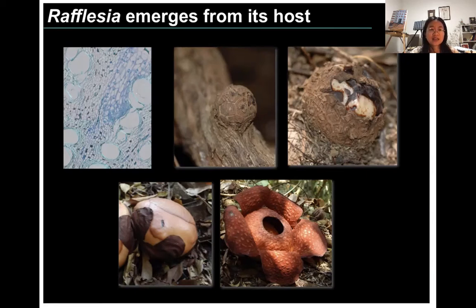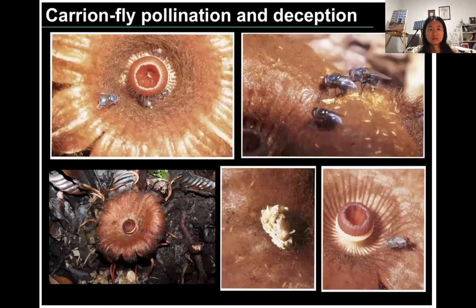So that means that they exist as these strands of cells, almost like a fungus mycelium within the host for an unknown period of time. It can be as long as even 5 to 8 years before it produces a bud that will eventually penetrate the surface of the host and develop into a huge flower. And then again, like Hydnora,